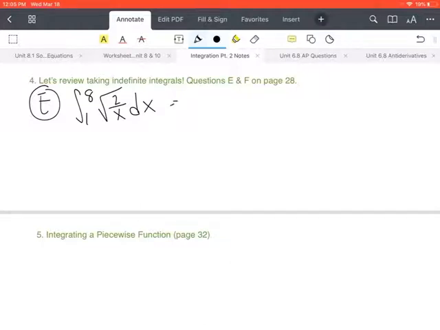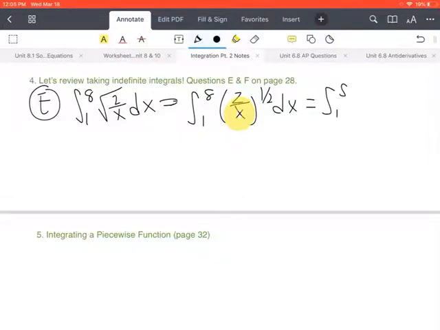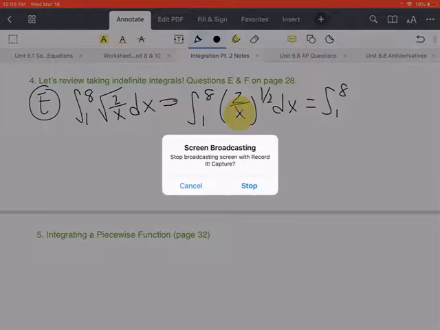So I'm going to change this into the integral 1 through 8. This is the same thing as 2 divided by x to the 1/2 power. Remember that square root is just the 1/2 power because it's power 1, root 2. Okay, and since my x is on the bottom in the denominator, I'm going to bring it up by making the exponent negative. So this becomes the integral 1 through 8 of,